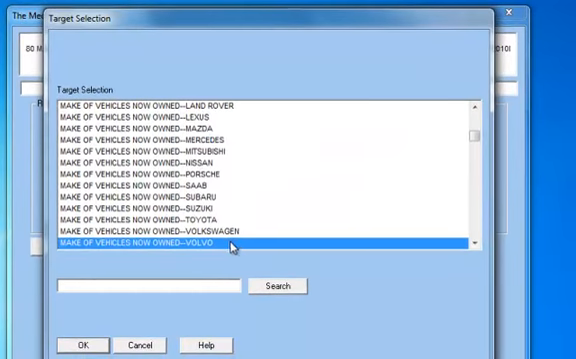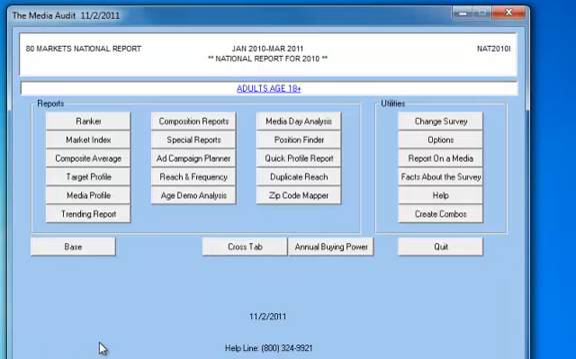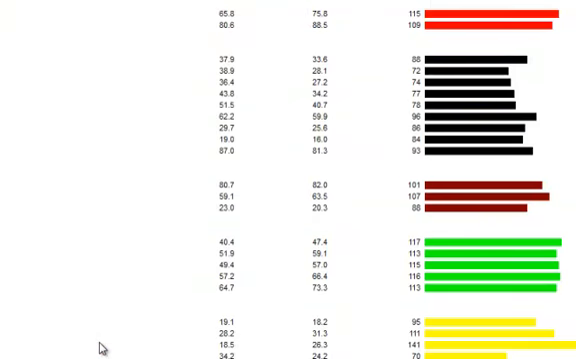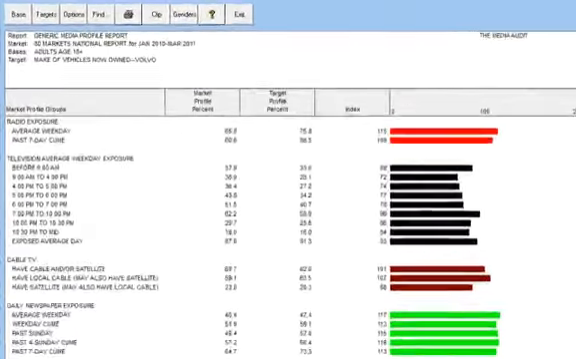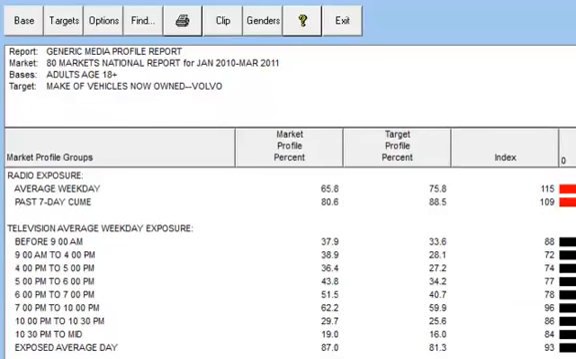At the target selection window, we'll select Volvo. Click OK, and your report is done. The report is similar to one that you can create using local market data. The only difference is that you are utilizing a larger, nationally representative sample. Obviously, if you wanted to drill down to specific media, you'd want to switch to a local market survey and